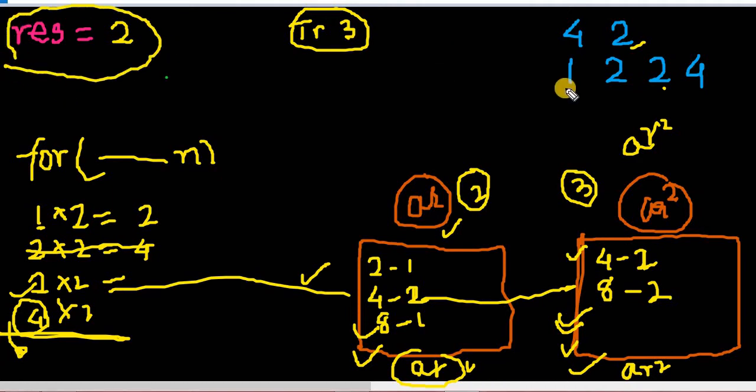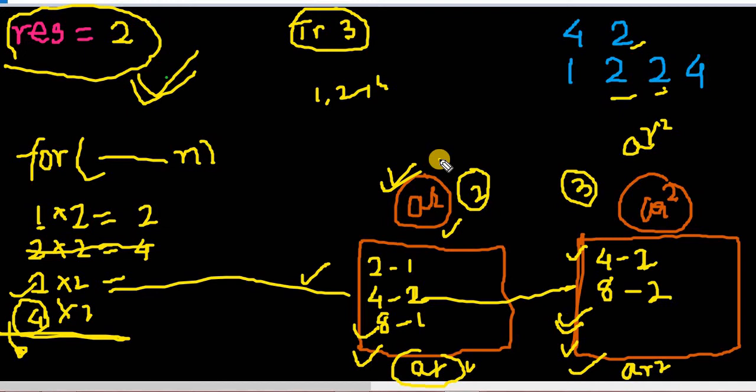So the number of triplets which can be formed are 1, 2, 4 and again 1, 2, 4, because we have two 2's in between, so that will make 2 triplets. So this is the approach. We can count the number of triplets in O of n time, because there are only 2 containers and we can use an unordered map, so its operations are O of 1 in the best case scenario. That will make our solution O of n.